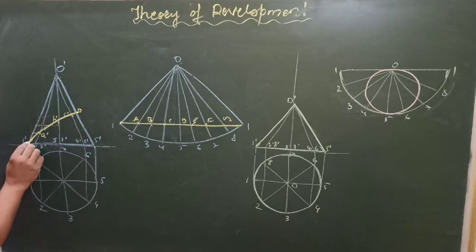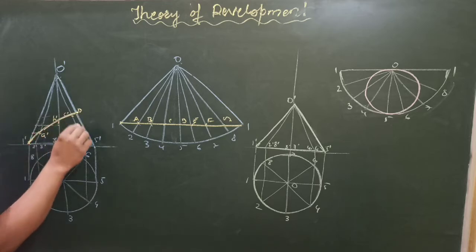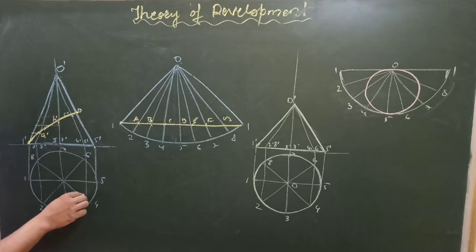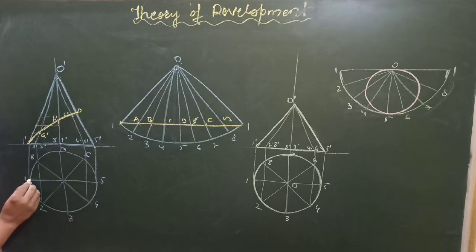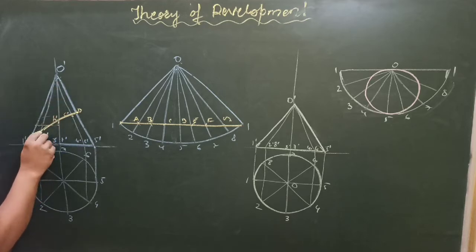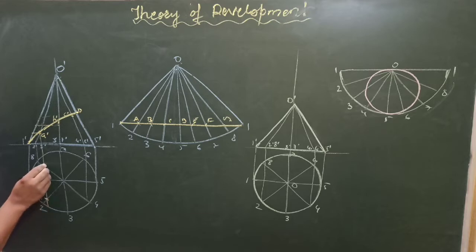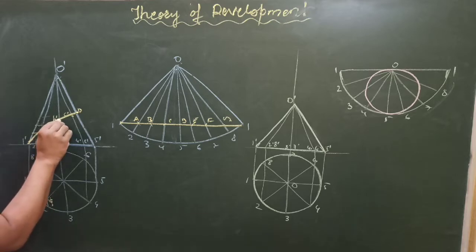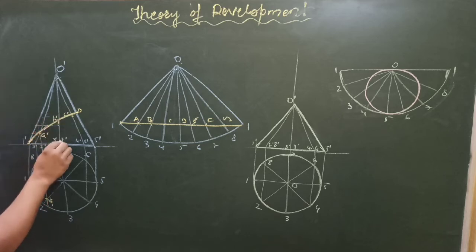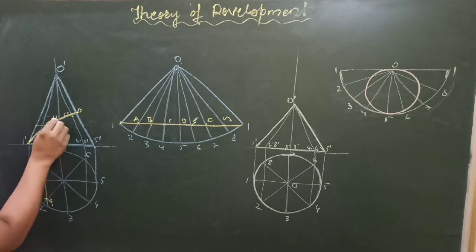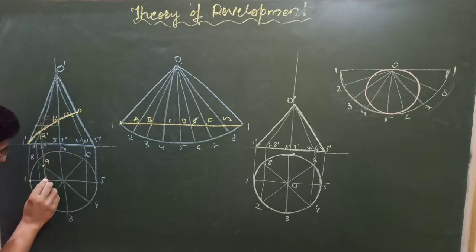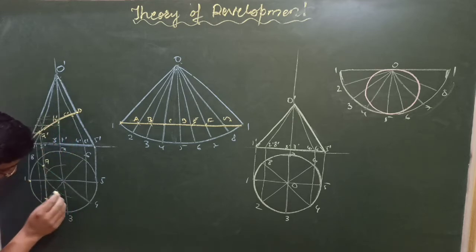Now you have to show the path of the insect in the top view. So what you have to do, you consider this as a cutting plane and drop on the respective generators. Say 1, so 1 will be dropped here. This A dash is cutting 2 and 8, so drop them on 2 and 8. So this is A, this is A. This B is cutting 3 and 7, so first you have to take them this side, then drop here, and both the sides you can cut them like this.